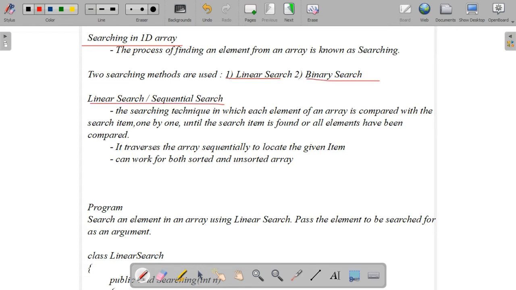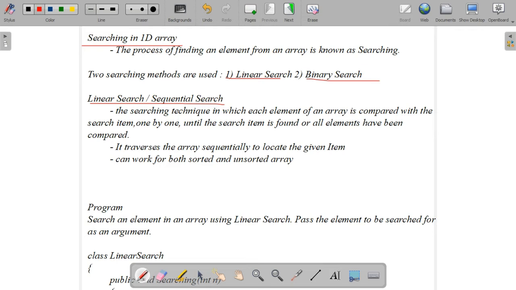By the term it is indicating, linear search is the searching technique in which each element of an array is compared with the search item one by one until the search item is found or all elements have been compared. It traverses the array sequentially to locate the given item.